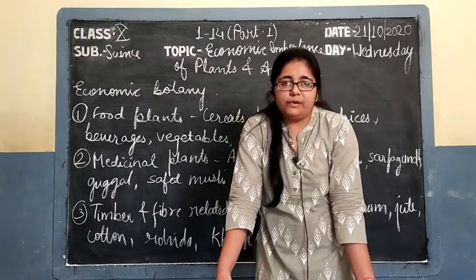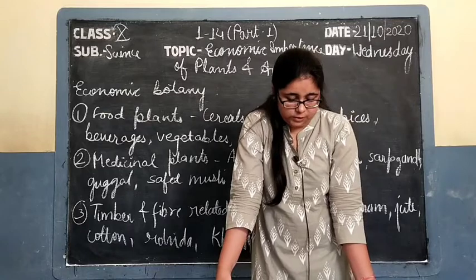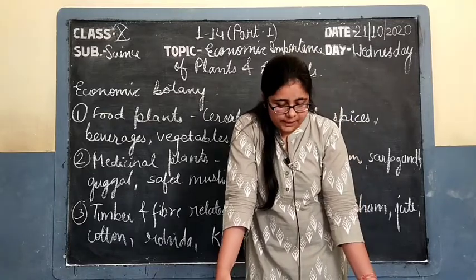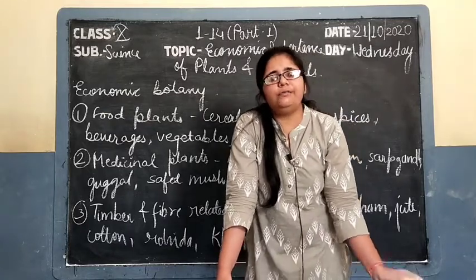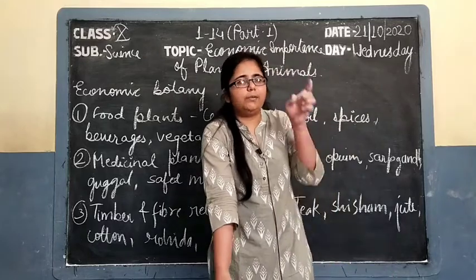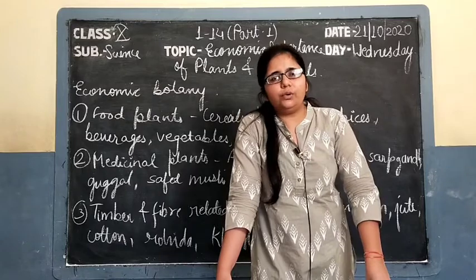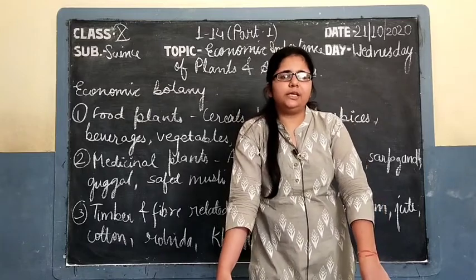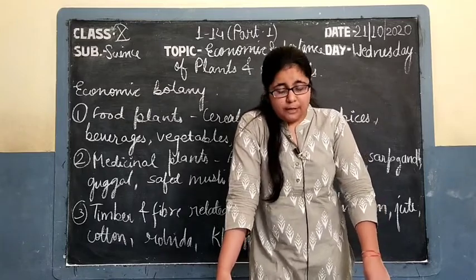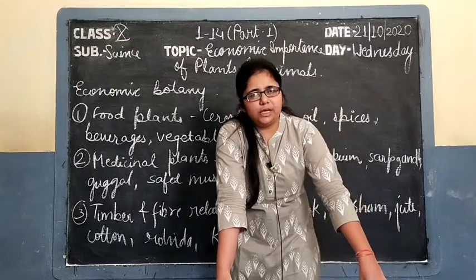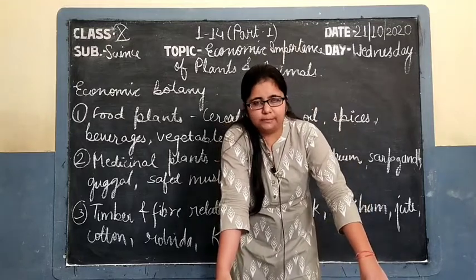First of all, the vegetables which are obtained from roots. First one is the carrot, that is Daucus carota. Here you have to learn the scientific, that is the botanical names, by which these vegetables and fruits are known all over the world, especially in the scientific world. So you have to remember the scientific names of these vegetables, fruits and pulses.